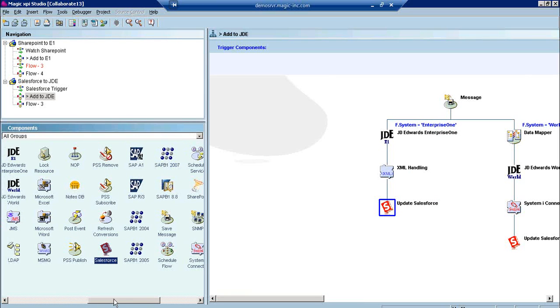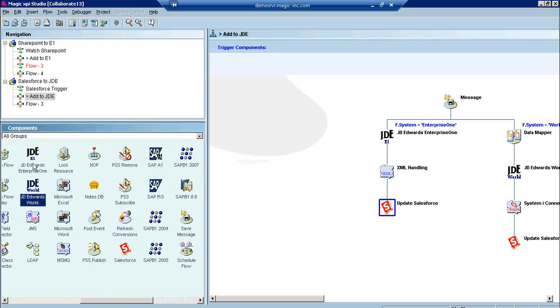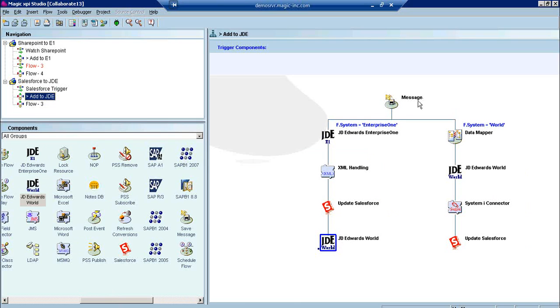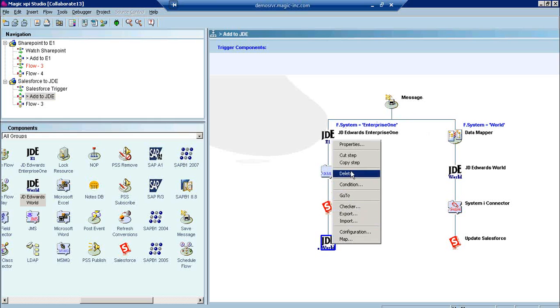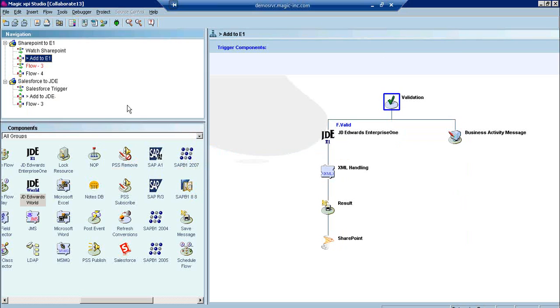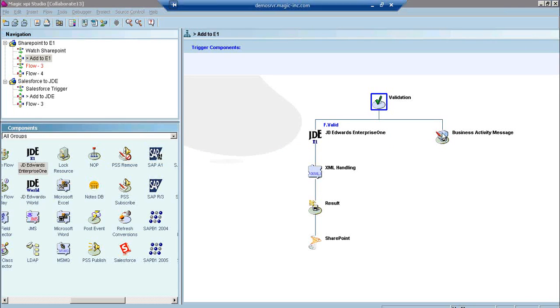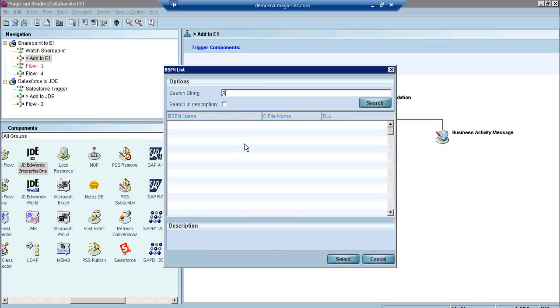Steps are just an instance of a component. As I drag a component from the left side over here, say I want to work with JDE, as a for instance, I would drag the JDE component over and drop it on the flow. That would cause the server to run that the next time it came through. If the data was going to JDE, it would run down here and run this component at the end. Now, the way it works, and let me actually go to the one we ran, is you'll have lots of flows in your project, and they'll find the right one based on your criteria. But if I want to work with JDE, I just need to say what business function I want to work with. It's all wizard-driven. I can search for business functions.